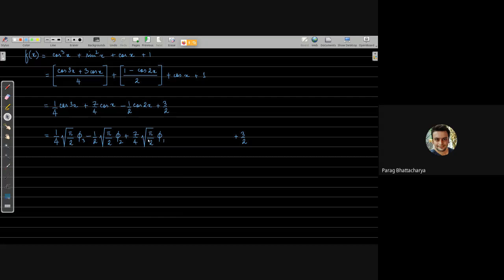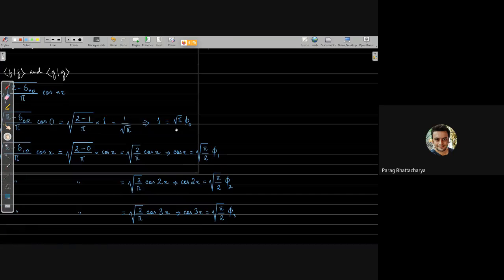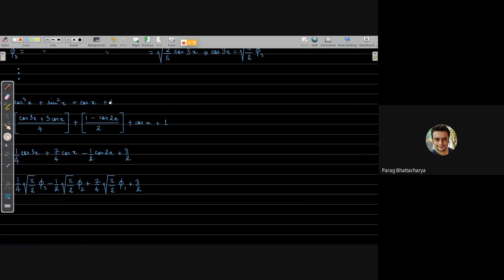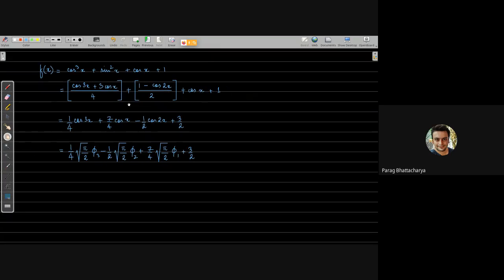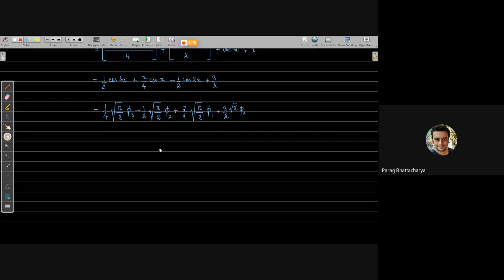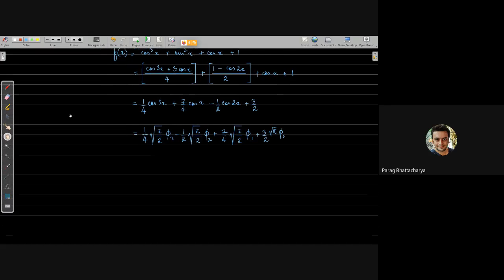So cos of x, and then we have finally 3 by 2 times 1, so we might as well just get this one, root over pi into phi naught. Is this clear? So this gives us